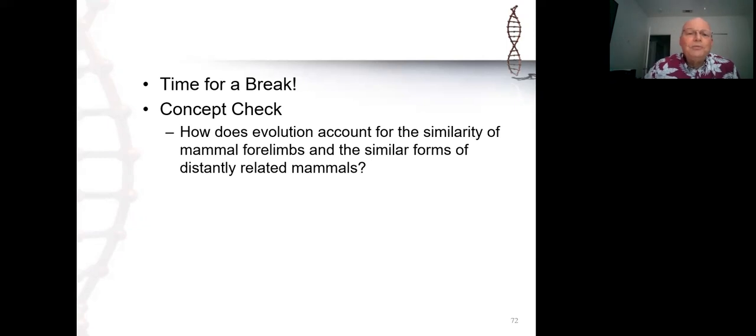The similar forms of distantly related mammals is this notion of convergent evolution. That's exemplified by the sugar glider and the flying squirrel, but there are any number of examples of convergent evolution that we could propose. The bird's wing versus the bat's wing, those are analogous, an answer to the problem of flight, real flight, by developing two different types of wings independently, one in mammals, one in dinosaurs,